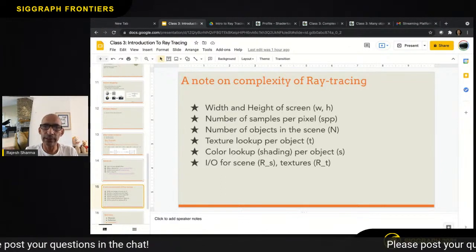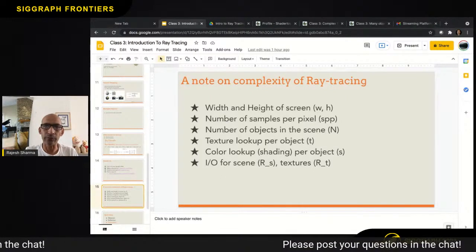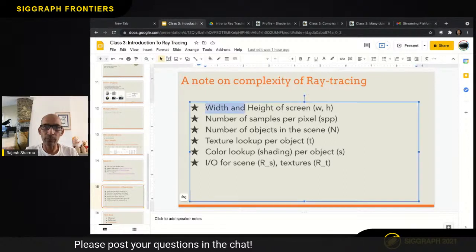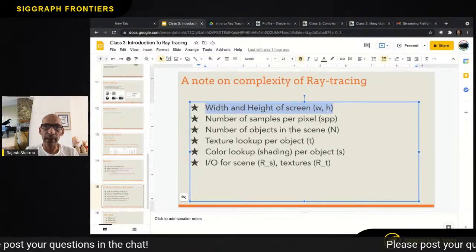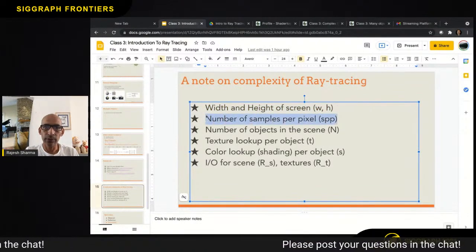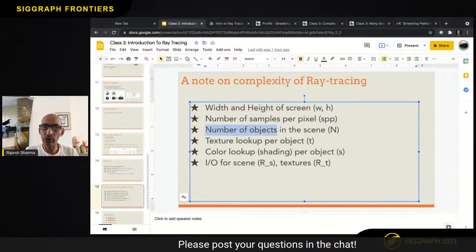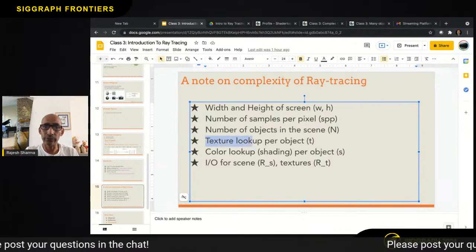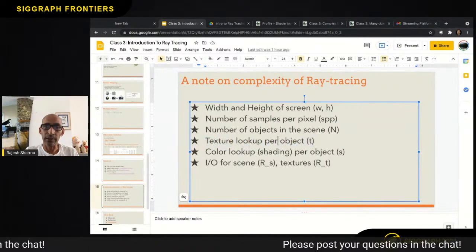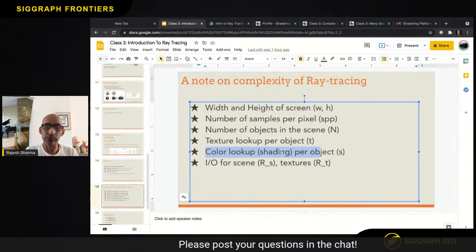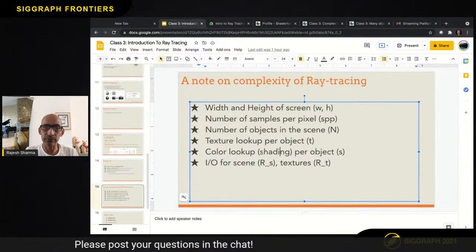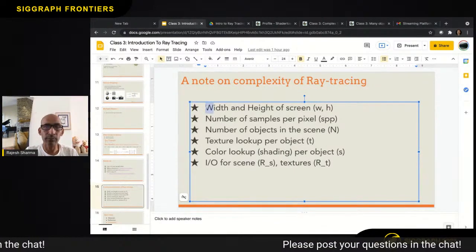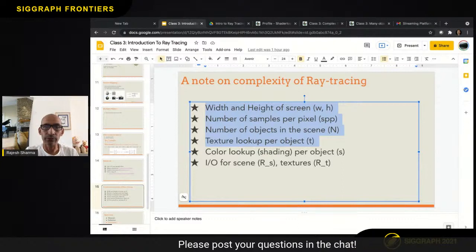So if you look at what we have done so far, we are going through each pixel. So our complexity depends on the width and height of the screen, and we're doing multiple samples per pixel, and we're going through each object for each ray. And we also did this optional texture lookup per object, and then we're using color lookup per object, or shading, which we are not doing much of yet, just a little bit. So all these things add up to the complexity, and these basically multiply with each other, because we are doing that for each